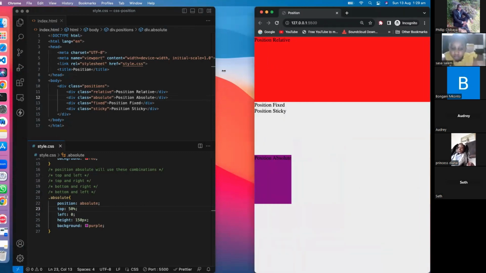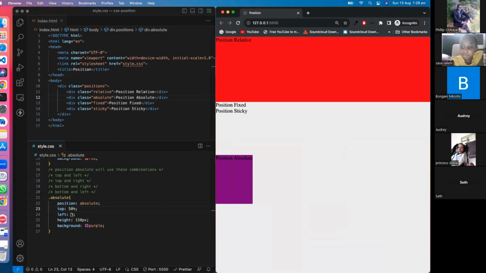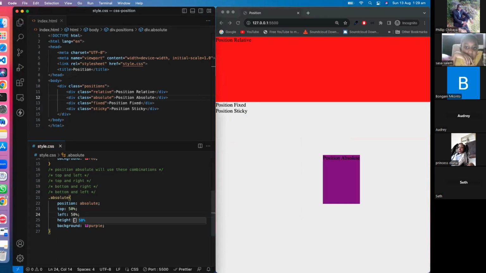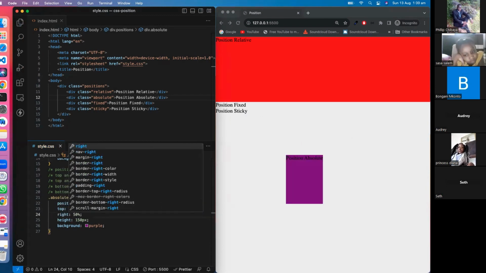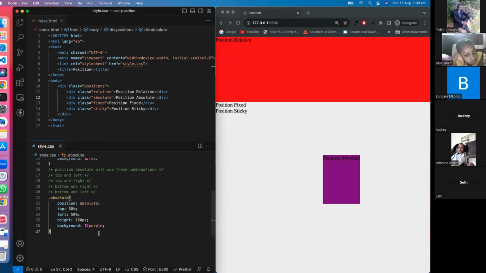Same thing. So if top is zero and left is zero, if we say 50% on top, let's also go 50% on the left. You can do this with right as well. You can even go right 50%. It's the same thing. It depends on which side you're working at, but in most cases, it's always top and left. Those are the two most common combinations. Now, it's not perfectly centered, but we can fix that using something called